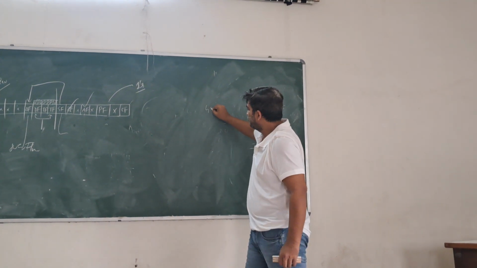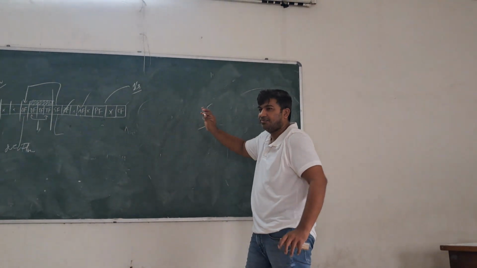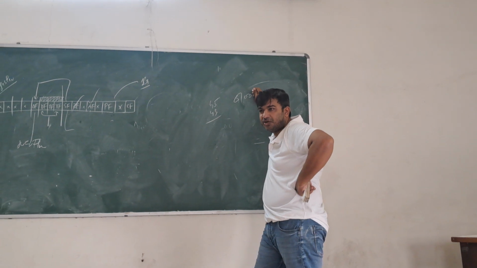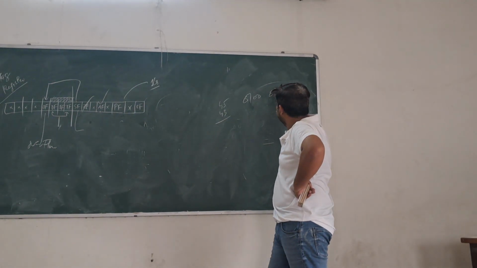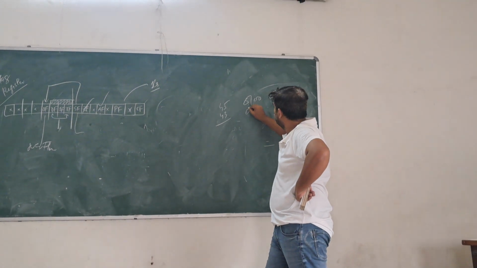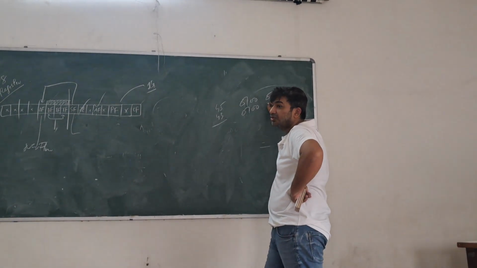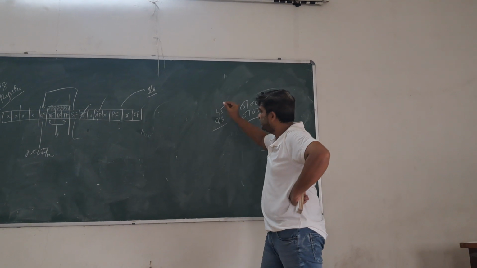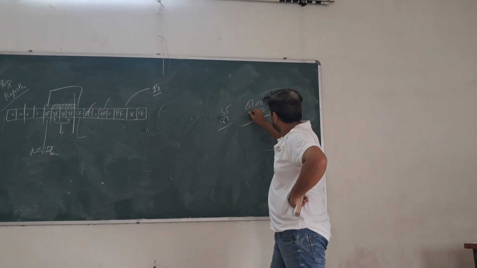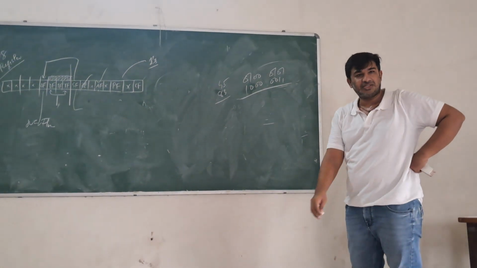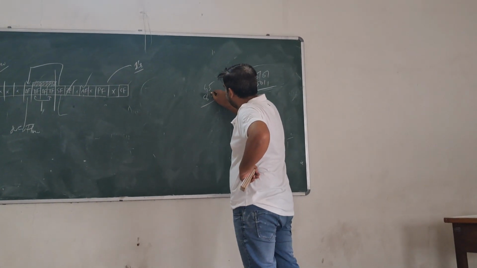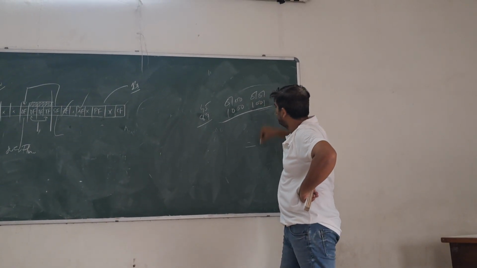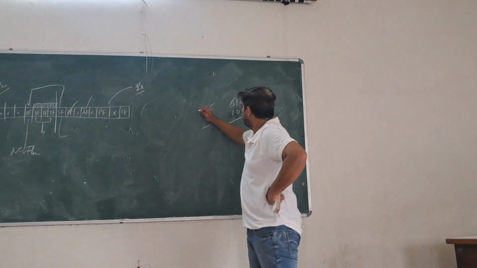Get it? But suppose 45 plus 43. Suppose I take any number. Now what is 4? 0 1 0 0. This is 4 in binary. Yes. What is 5? 0 1 0 1. Again 4 is 0 1 0 0, 3 is 0 0 1 1. Let's make it 8 over here. Positive number. 1 0 0 0. Yes. Positive number. So what is 9 over here? 1 0 0 1. Yes. Let's make it 9 over here.